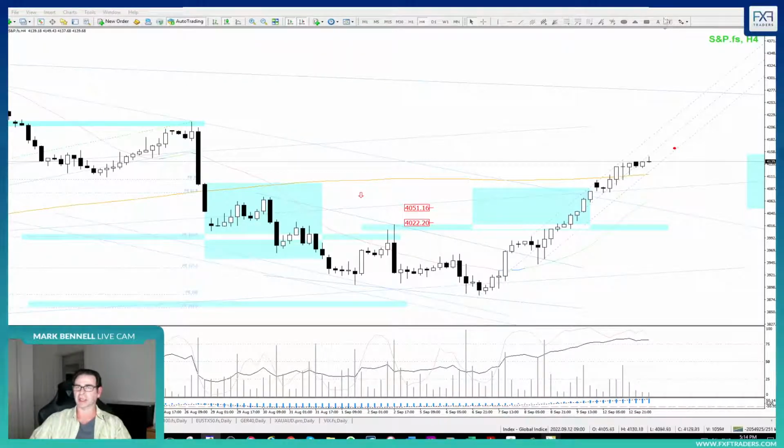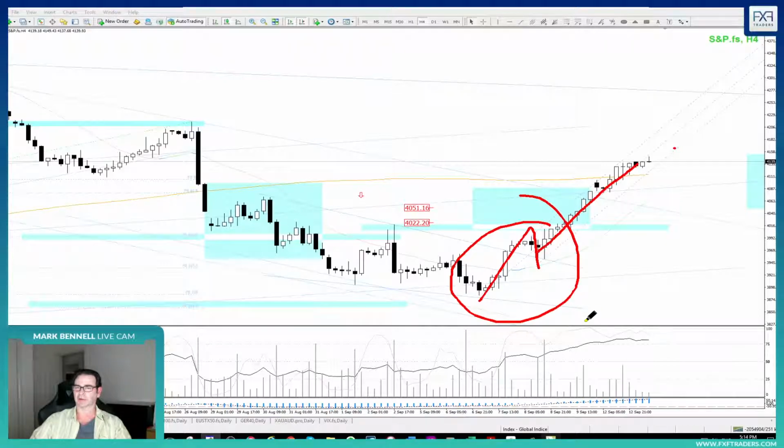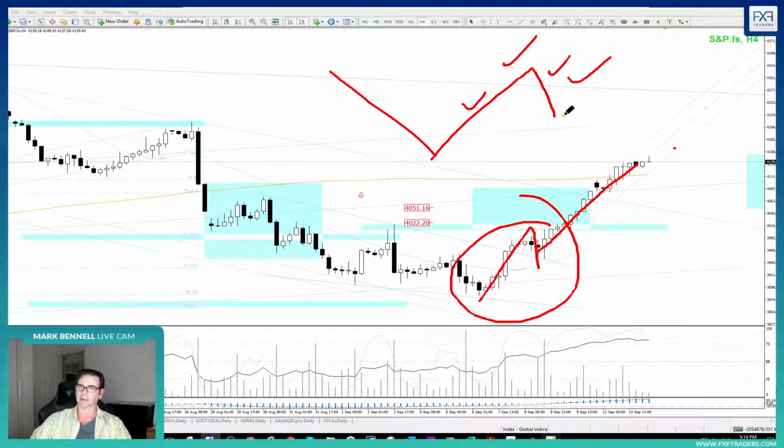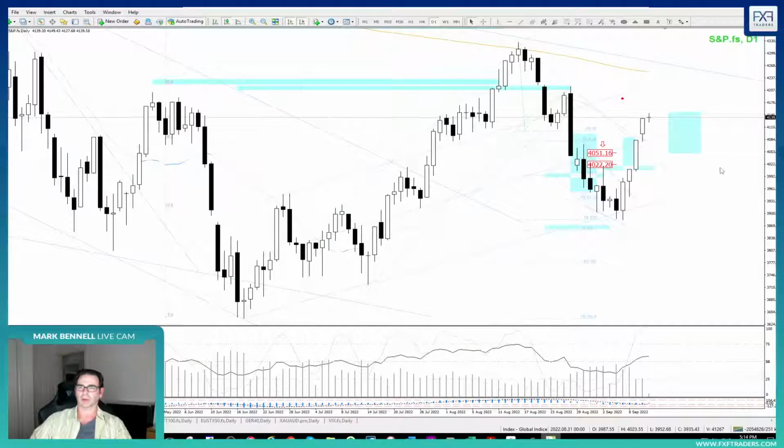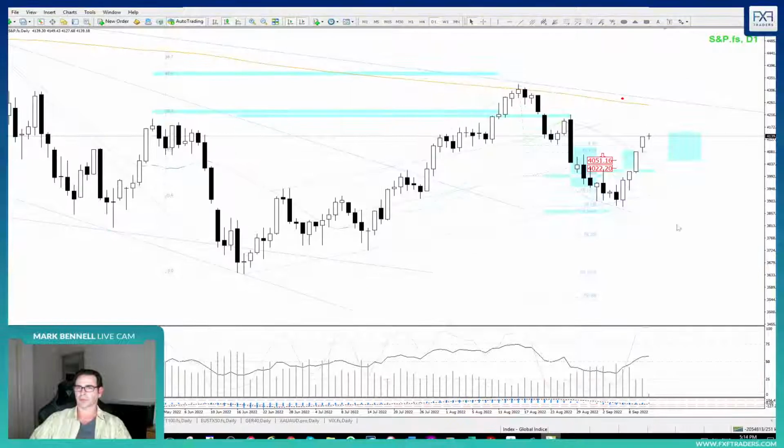So in terms of this swing, it's moving at an acceleration that you would expect out of this. All right? So out of these two. So we're looking at this, we're looking at this. That's what the pitchfork does when you use it correctly. Okay? Pretty good. So that's good. So nice move. All right, so risk on.